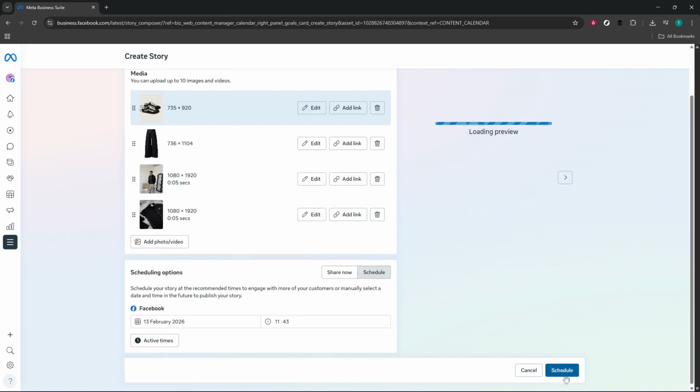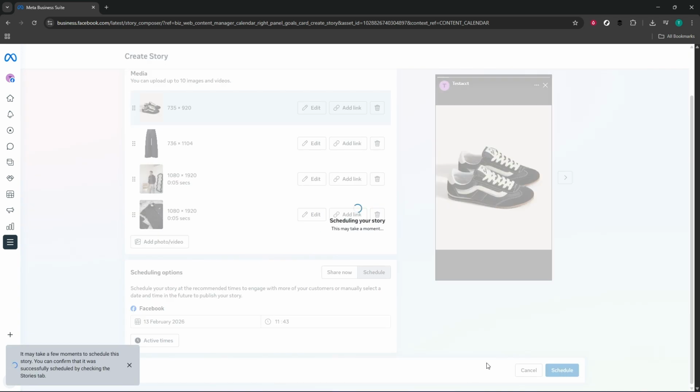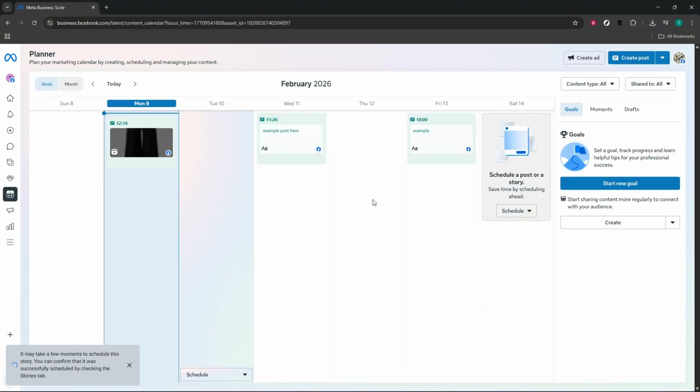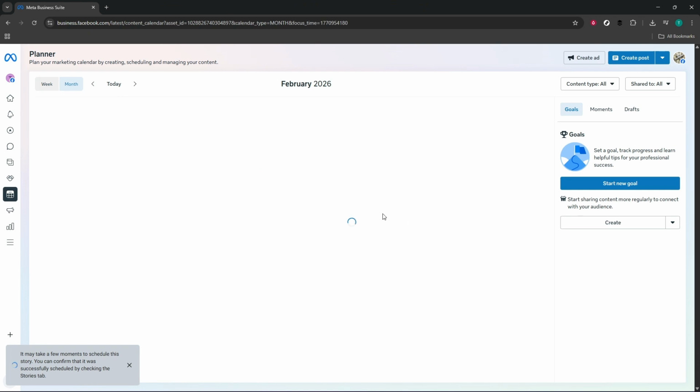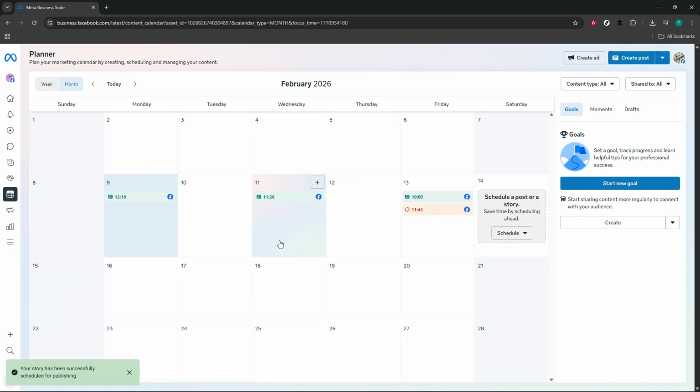Finally, click Schedule again to confirm. You'll see a confirmation message, and the story will appear on your planner with a scheduled status. If you need to make changes before it's published, you can return to the planner to adjust the time or replace the media. That's it, you've gone from Business Suite to a fully scheduled Facebook story in just a few